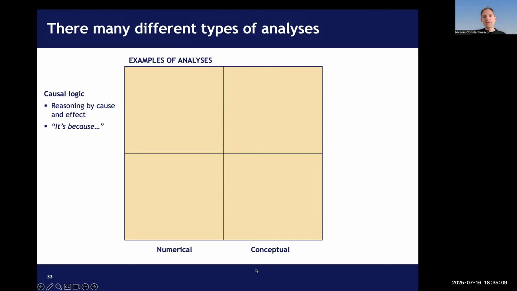But then there's also another way of thinking, which is a lot more around associative thinking, where the logic is more a comparative logic. So this is more like reasoning by analogy and association. So the causal logic is reasoning by cause and effect, and comparative logic is reasoning by analogy and association. So, for example, if you wanted to prove that reducing the workforce will decrease morale,